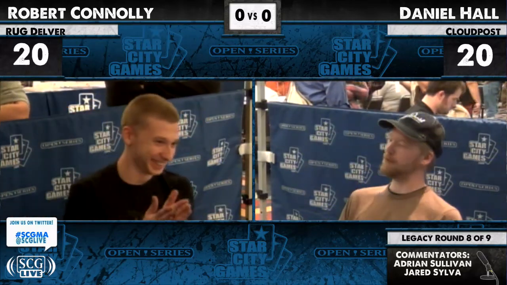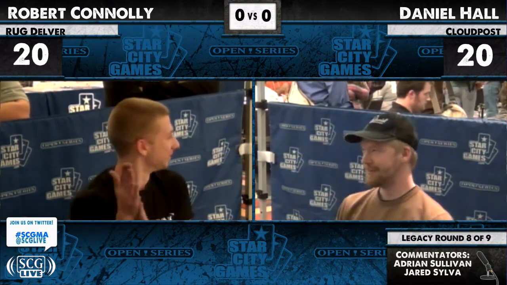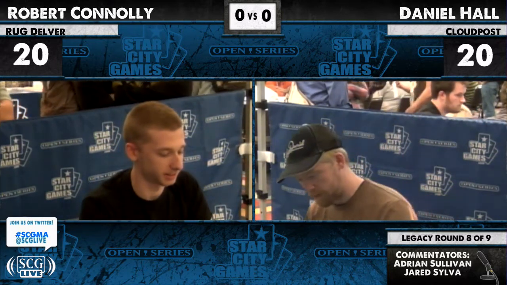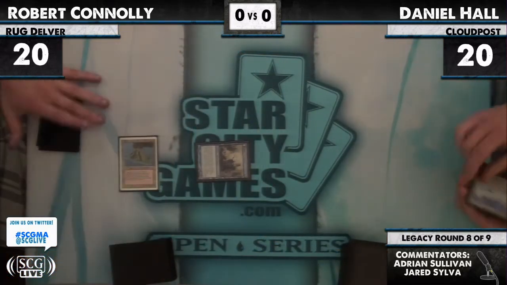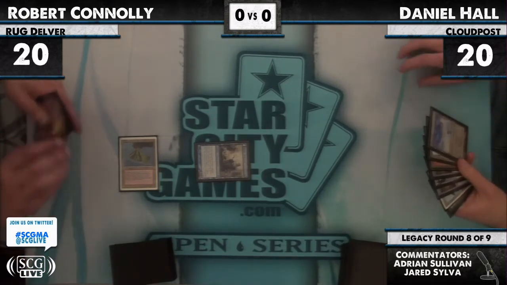Glimmer Post deck. So we've got Cloud Posts, Glimmer Posts, and basically you've got your 12 posts. Your Post, Candelabra, and the awesome Emrakul. You've got Kozilek, and you've got Primeval Titan. Yep, and on the other side, on your left side, you've got Robert Connolly, and he's playing a fairly traditional